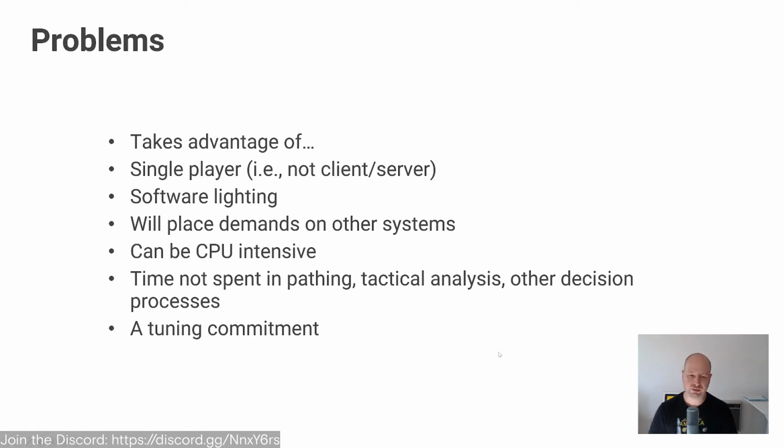The common solution to this, of course, is to make one player the server player, and then the other player, it's just a puppet, right? One player's server determines all of this, and then the other player's machine just gets information about updating this object, and no AI is running on that other one. But then you have latency, right? Now the other user only sees the updates after it's been reported, and one player has more computational load than the other. So here's another set of trade-offs you have to consider. A lot of things have to be taken into consideration, like the tuning, and this may be a big commitment for the game that you're making.